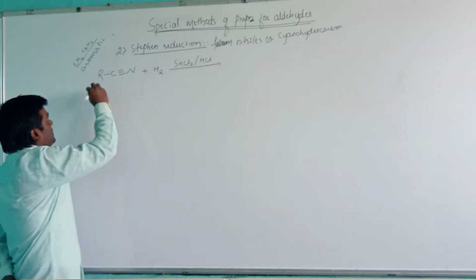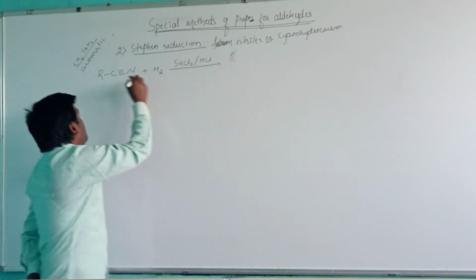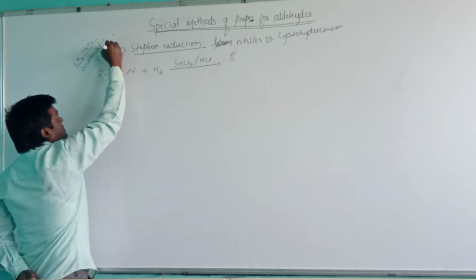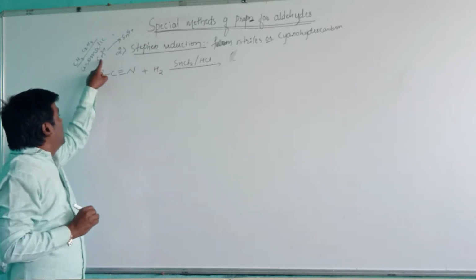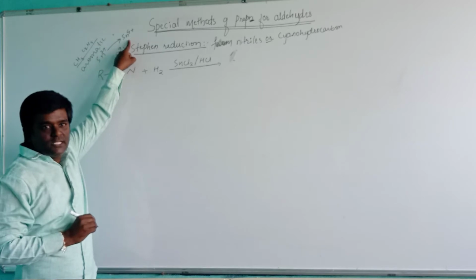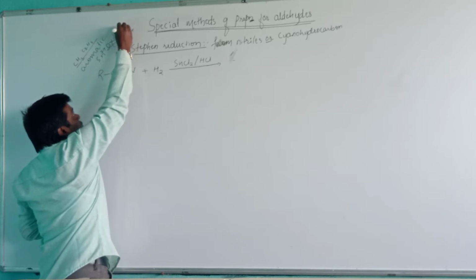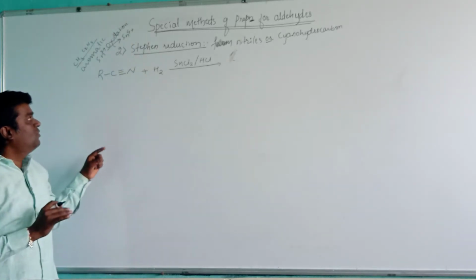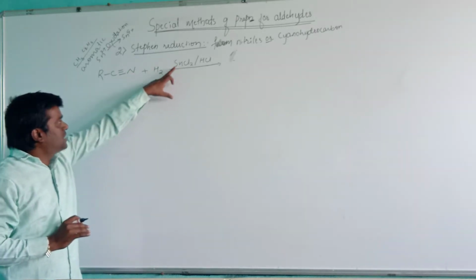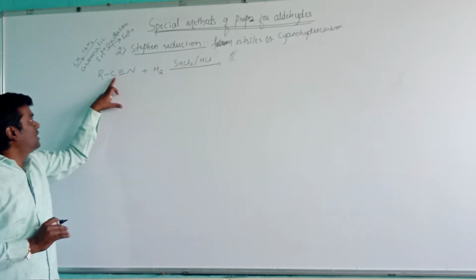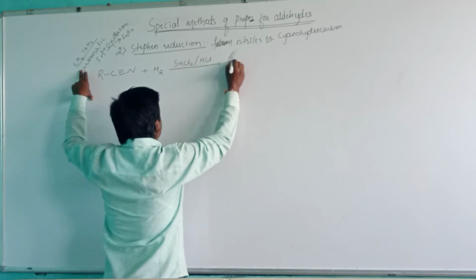This stannous chloride acts as a reducing agent in the concentrated hydrochloric acid. In this reducing agent, the stannous will be Sn2+, which will be converted into Sn4+. This reaction is an oxidation reaction and it loses 2 electrons, therefore it is known as a reducing agent. Stannous chloride adds the hydrogen to the carbon atom as well as the nitrogen atom and gives an addition compound.